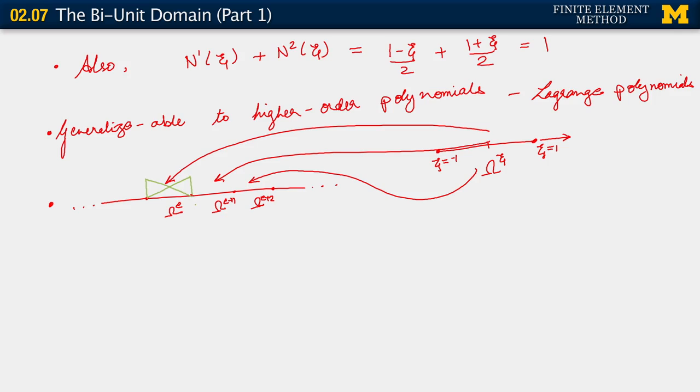Okay, if we look at element omega e plus 1, we have similar looking basis functions, right? But what happens here is that they are defined over element omega e plus 1, and so on. Now, if we look at how these basis functions appear together in the physical domain, let's focus on the fact